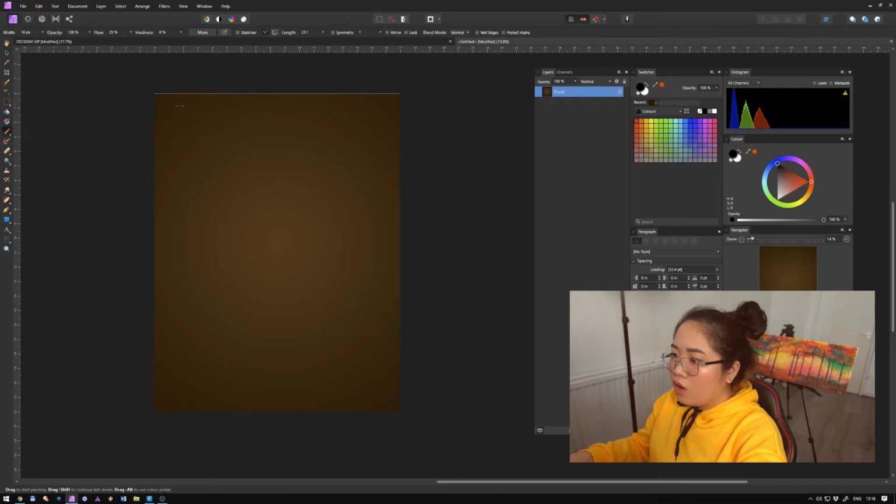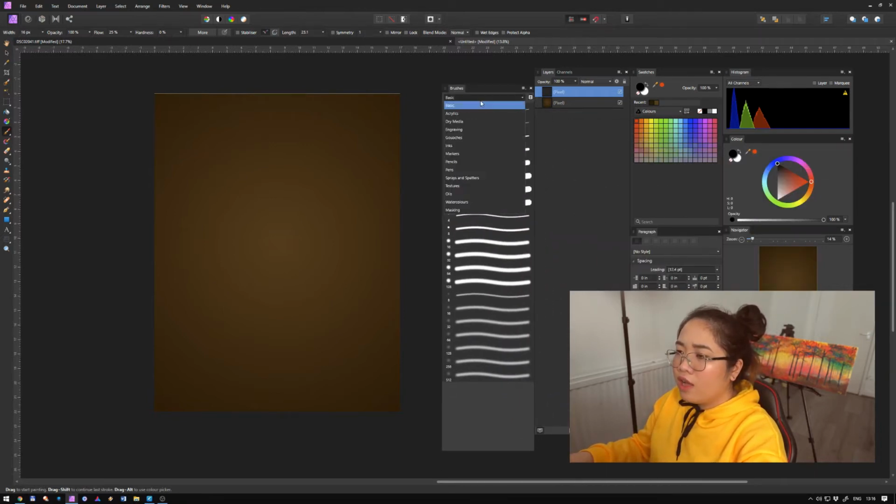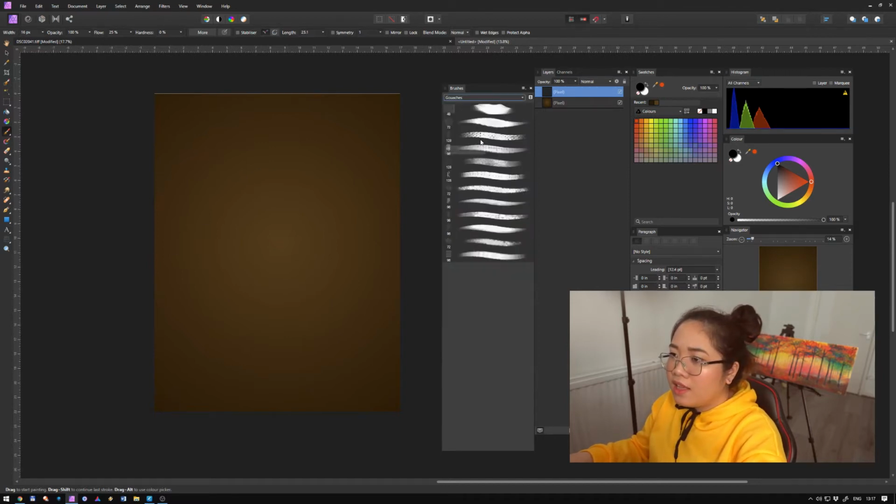So you're gonna open your brush, pick another layer, and I'm just gonna drag this on so you can see. On Affinity Photo there are these different kinds of brushes, and you can go to, I don't know how to pronounce this, it's called Coaches. You can click that and you can see all these different brushes there. I'm gonna click this one, 72. Just gonna lower the opacity, maybe some there,